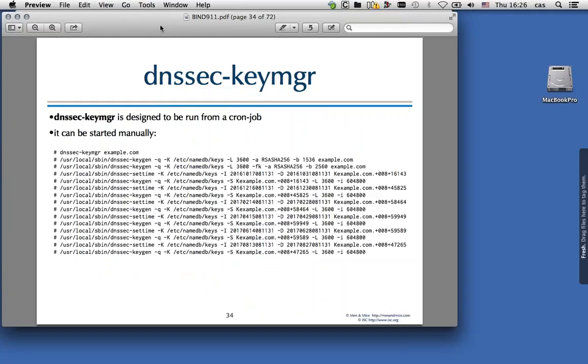DNSSEC Key Manager is designed to be run from a cron job automatically, like once a day. It then inspects all the keys in the key directory, creates new keys if needed. It will not directly interact with the BIND server. Instead, it will just set the timing event on the keys, and then BIND will read the timing event from